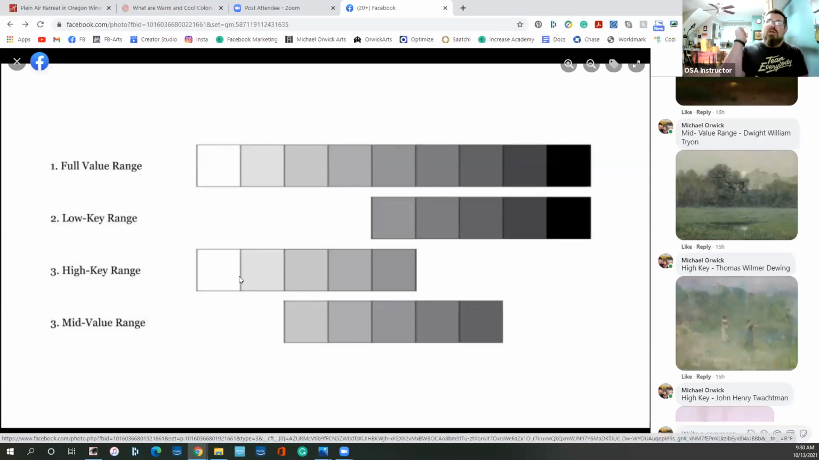All right. So I've asked you guys, as you're looking at other paintings and photographs, to begin to analyze what are the big shapes, where's the focal point, what are the leading lines? And now I'm going to add this other element. As you're looking at photos, if it's on Instagram or Facebook or through magazines or art books, begin to ask yourself, is that a full value range, a low key range, high key range, or mid value? And again, it's not